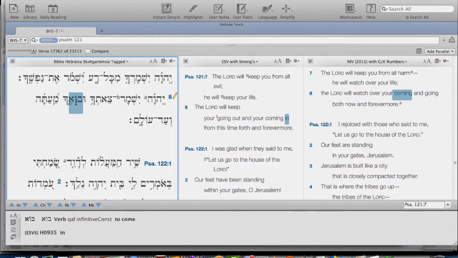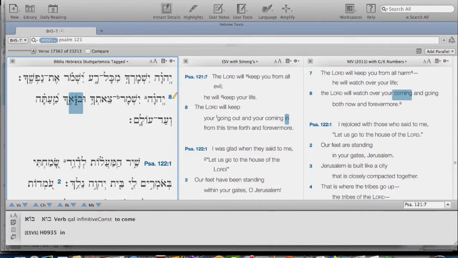And in this case, what we have here is an example of a nominal use, because essentially these are verbal ideas, right? He will